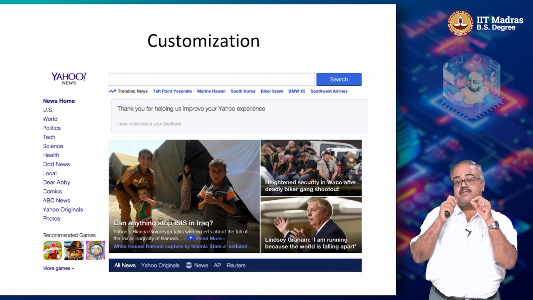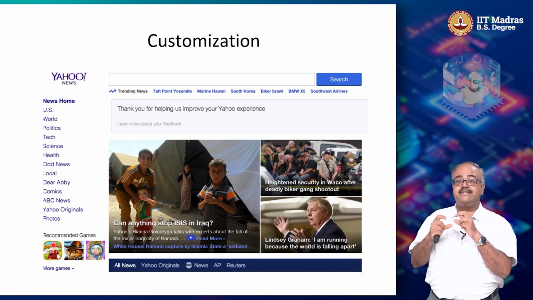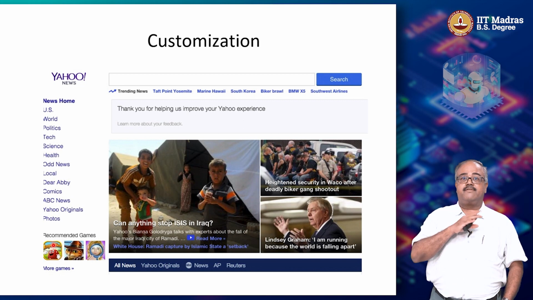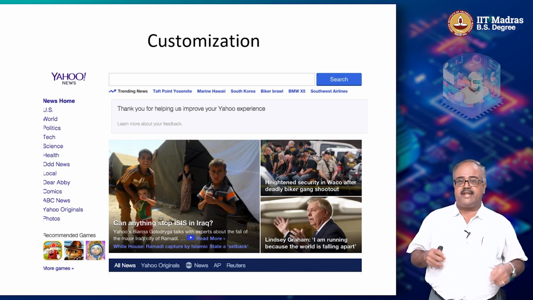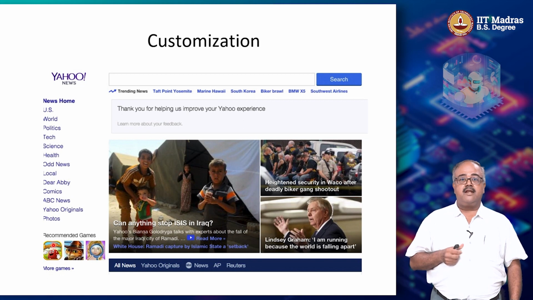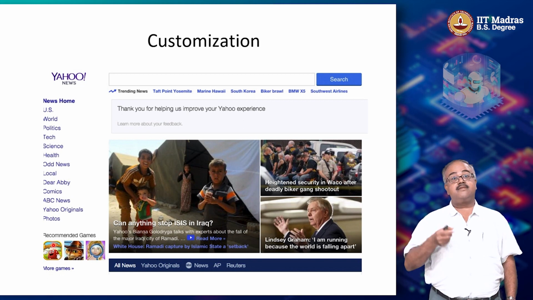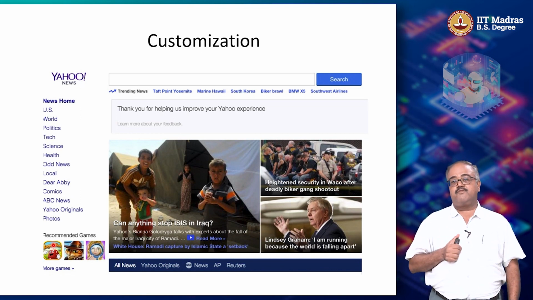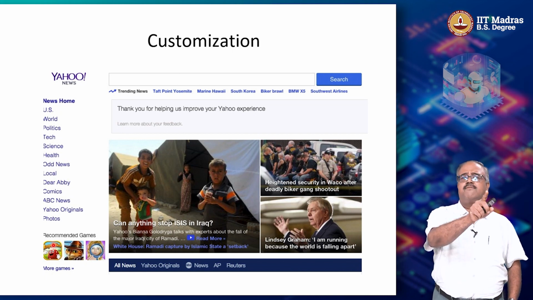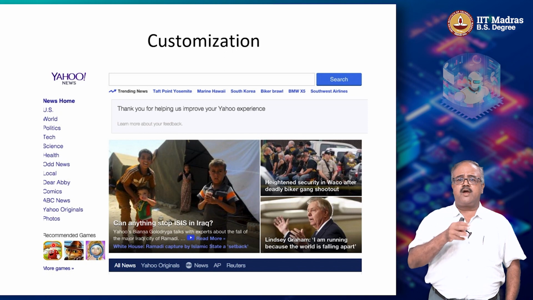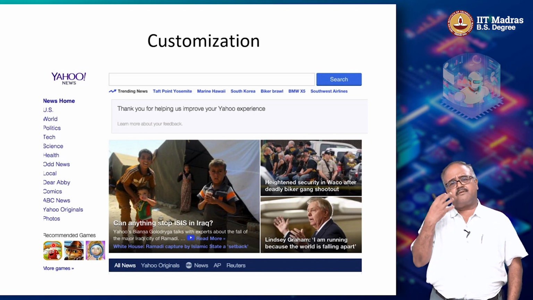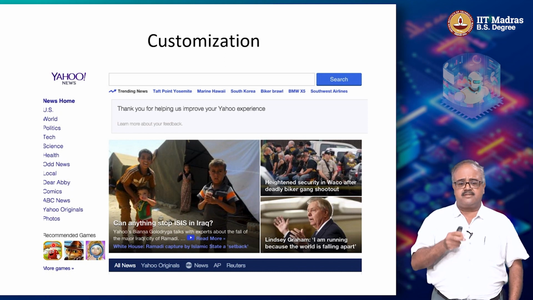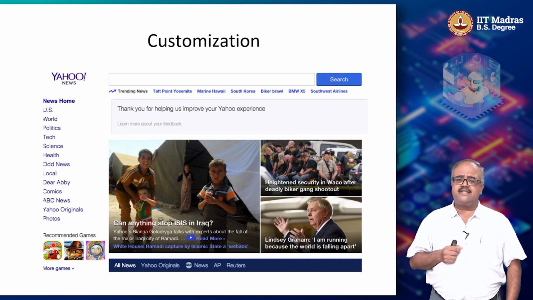But the set of stories that you see are customized based on who is coming to the page. There are a set of editors who sit down and decide that there are these 20 interesting stories in the world going on right now. Which 3 stories to show to this person when they come to the page? It depends on a whole bunch of learning that has happened in the past. And what is the feedback based on which you learn? Nobody is coming and marking that if Rahul comes to the page, you have to show him these stories. Or forget about Rahul, if a male from India who is age 20 comes to this web page, these are the stories you should show them. Nobody can sit and label that.